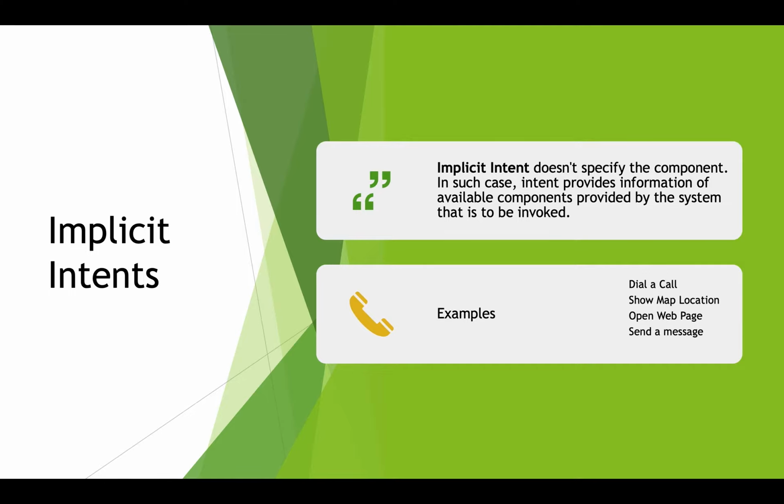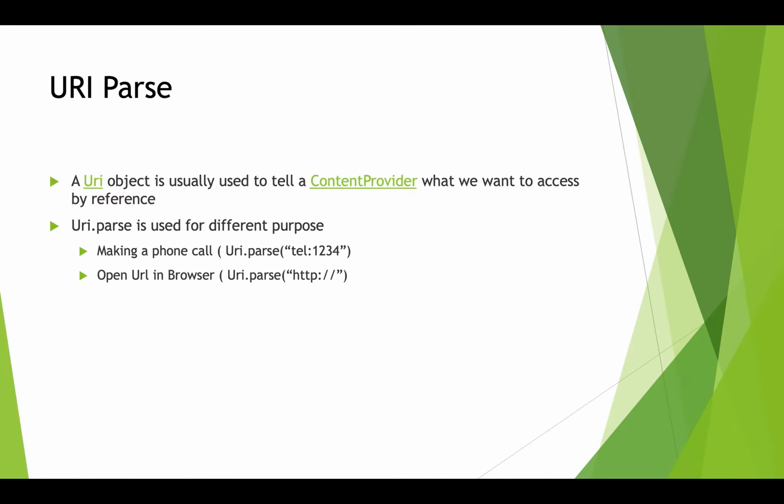Before going to the syntax of the implicit intent, I want to explain URI parsing, meaning uniform resource identifier. When I explained application components, we used it in the content provider concept. A content provider needs to give permission to you, then only you can access it. Like settings: if you want to open your settings page, you need to tell your app to go and open my settings page, open my YouTube, open my Google Chrome. We give this by using URI parsing only.